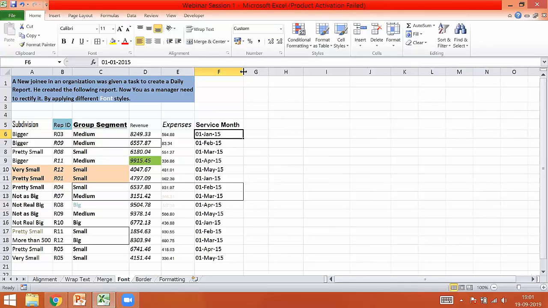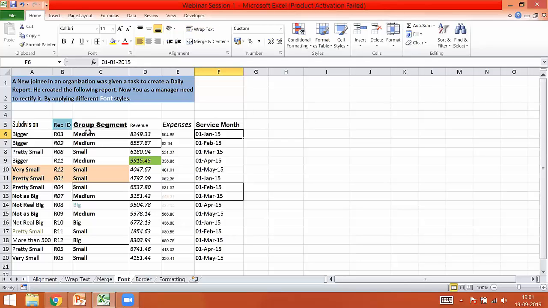If there is any text data, it overflows that particular column and is still visible. But when we are talking about anything numerical, it will just show you hash hash hash. There's no error. Don't be afraid that you have done something wrong. It is just that you need to adjust the column width.